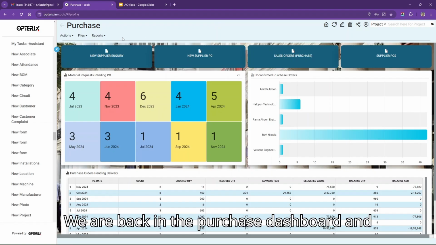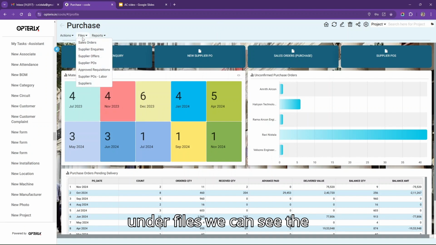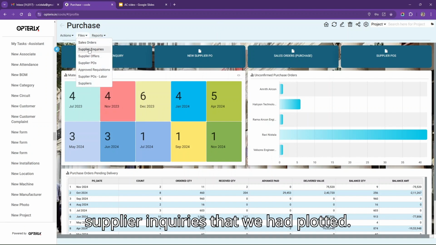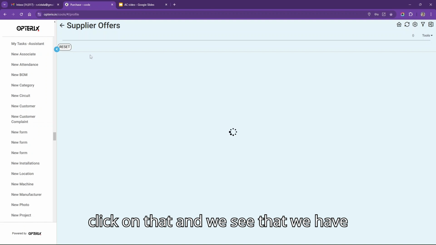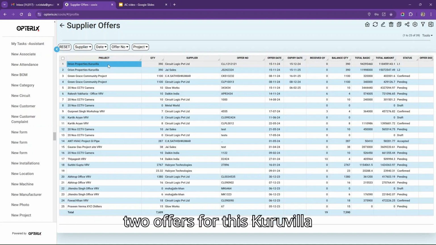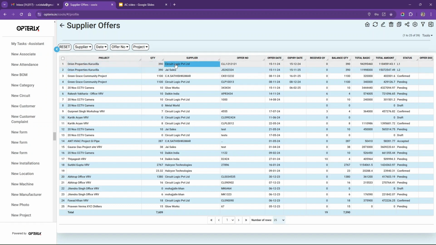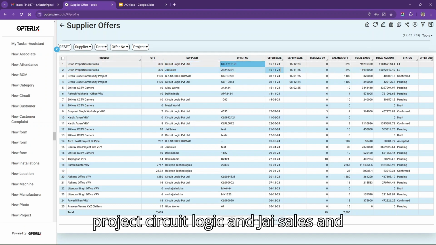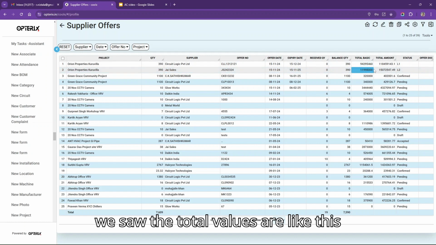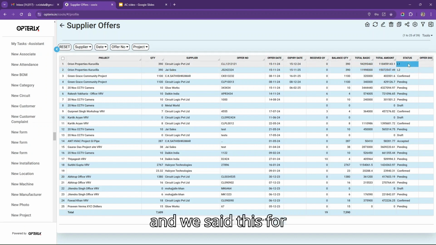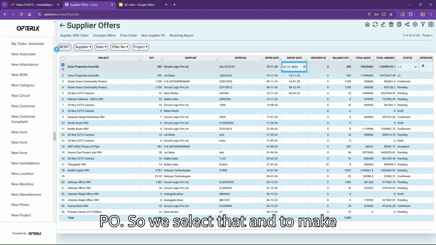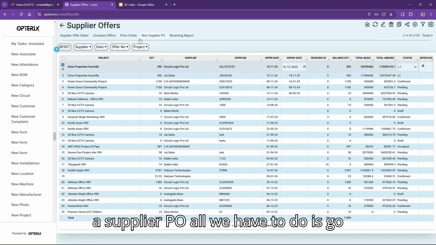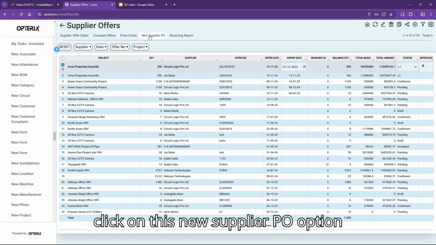We are back in the purchase dashboard, and under files we can see the supplier inquiries that we had plotted. Then we have the supplier offers. So we click on that and we see that we have two offers for this Kuruvilla project, Circuit Logic and JSALs, and we saw the total values are like this, and we said the Circuit Logic offer is L1 on which we want to make a PO. So we select that, and to make a supplier PO, all we have to do is click on this new supplier PO option,